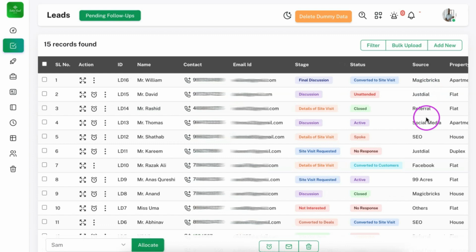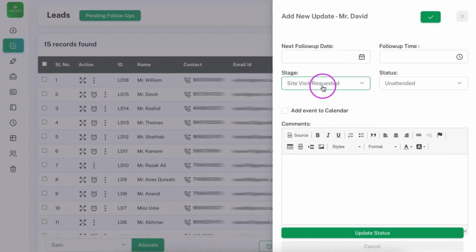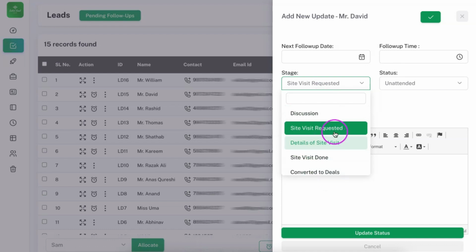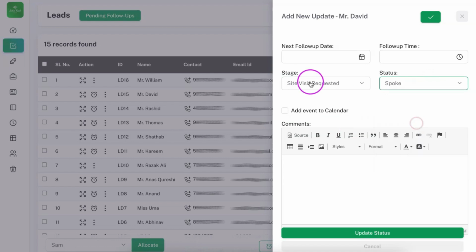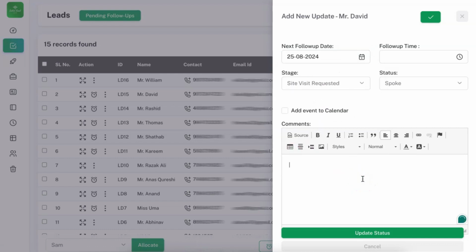So once a lead is added, you can perform follow-up with the lead. Let us consider this lead, David. In case he is interested and willing to go for a site visit, then you can mark an update by changing the stage to site visit requested. As I told you already, these stages are also completely customizable as per your needs. So whatever stages you want here, we can display those stages, and whatever status you want to display here can also be customized. So I'm just changing it to site visit requested. So he is asking for a site visit maybe on Sunday. So I'm just selecting the date, and I'm writing an update here saying that he wants to visit